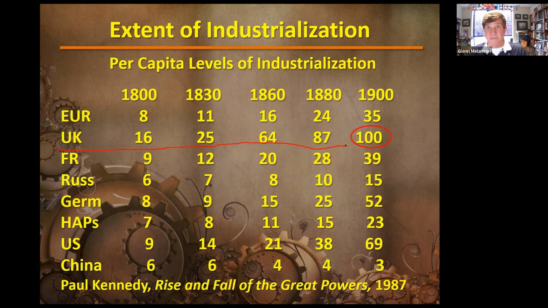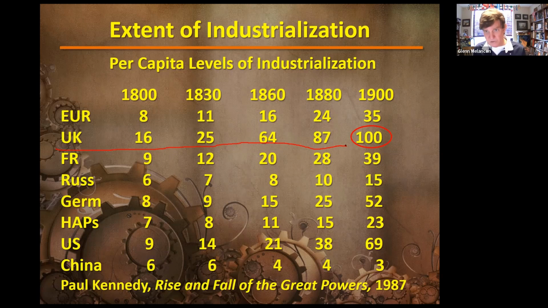So at the end of the 19th century, the United States was adopting industrialization. It was keeping up with mechanization. But on the other hand, you look at China, and China actually drops in per capita industrialization. It goes from 6 to 3. Well, what's happening here? Well, Chinese population rises dramatically, just like every place else in the world in the 19th century, but it doesn't adopt any more mechanization.